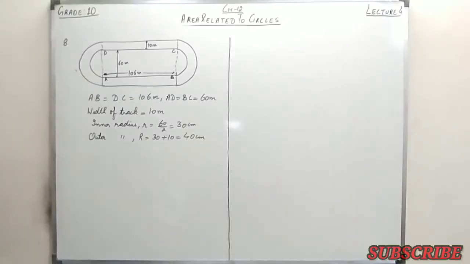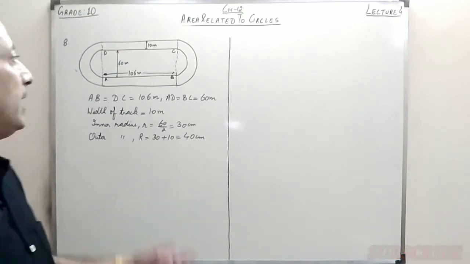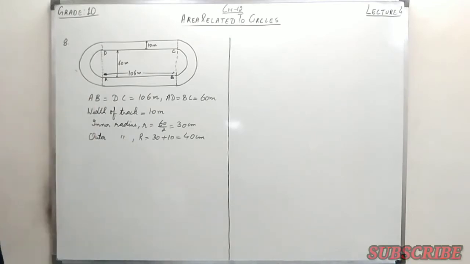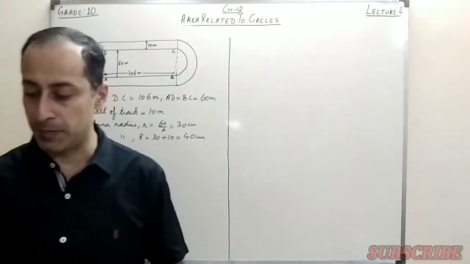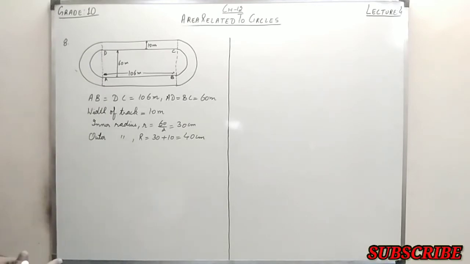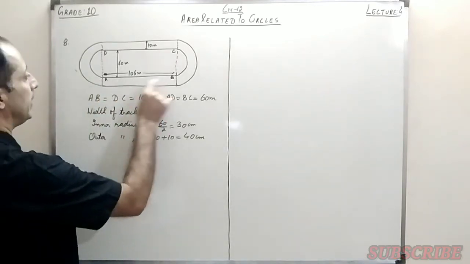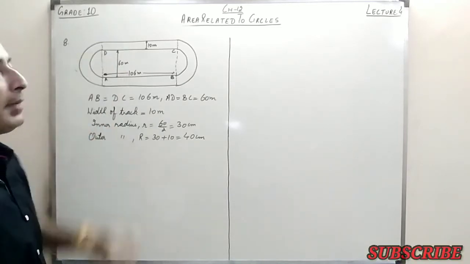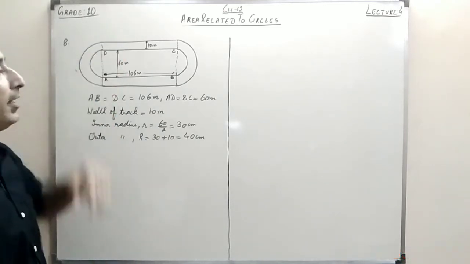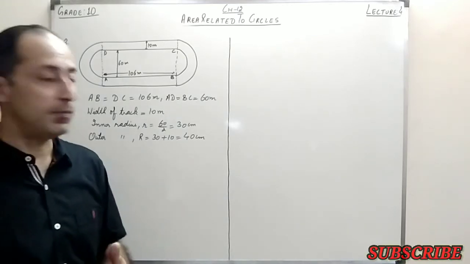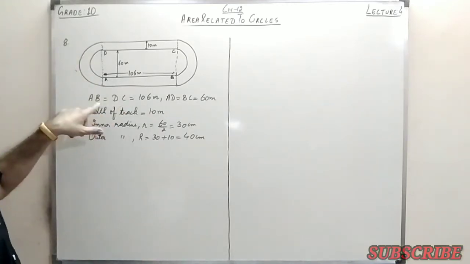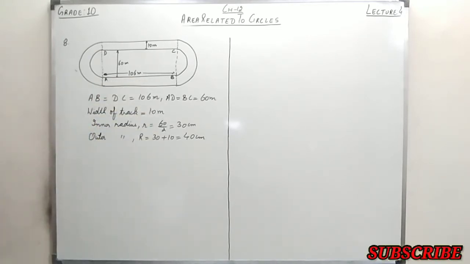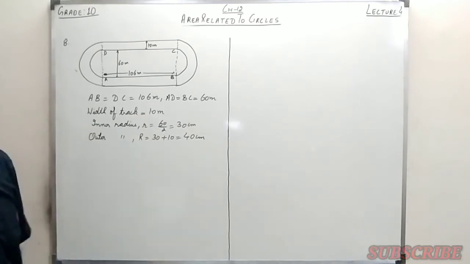Now let's see the last question for today's lecture. In question number 8, a racing track is given to us, and you can see I have already made the racing track, and the dimensions of the tracks are also given. The length of these parallel lines is 106 meter, and the distance between these two inner parallel lines is 60 meter. Width of the track is given to us 10 meter. So I already named ABCD, and you can see AB equal to DC is 106 and AD equal to BC is equal to 60 centimeter, and the width of track is 10 meters.